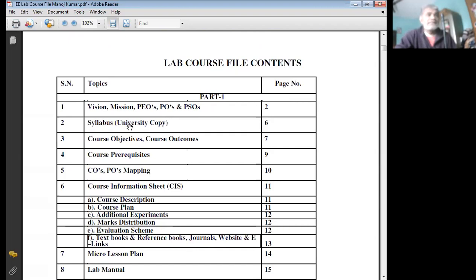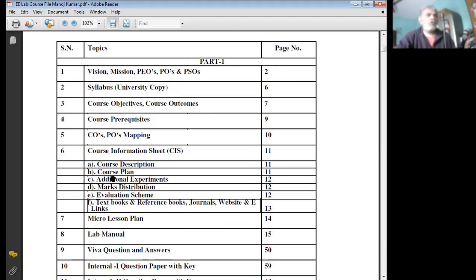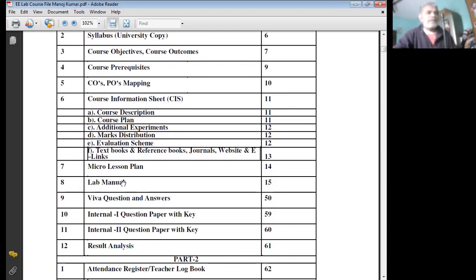Lab course file contents. These are the topics that are to be covered. Vision of the department, vision of the institute, mission of the institute, POs and PSOs, syllabus of the university copy, course objective, course outcome, course prerequisite, COs-POs mapping, course information sheet, course description, course plan, additional experiment, marks distribution, evaluation scheme, textbook and references, journals, website, e-links, micro lesson plan, lab